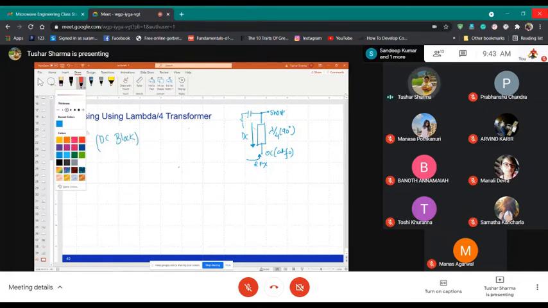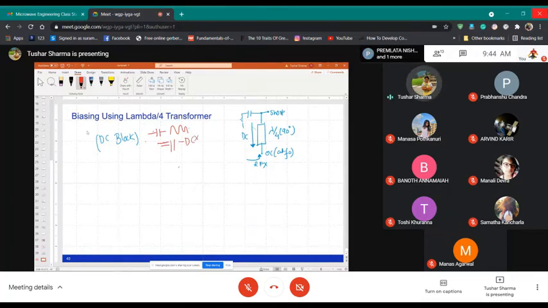So you are using a DC block. So similarly, any DC block you have, what do you want? You know what a DC block does? It does not allow any RF. Oh, sorry. It does not allow any DC. So if a wave is like this, it will pass through it. But if it is straight, like DC, it will block it. So it won't allow any DC to pass through it.